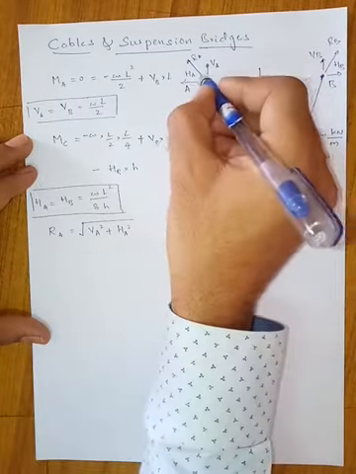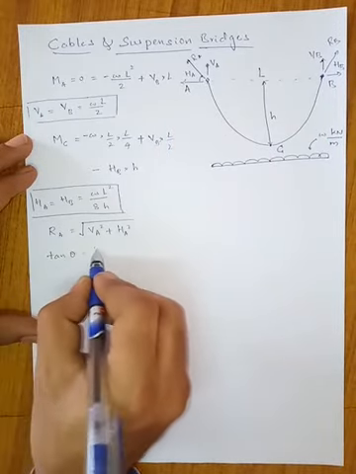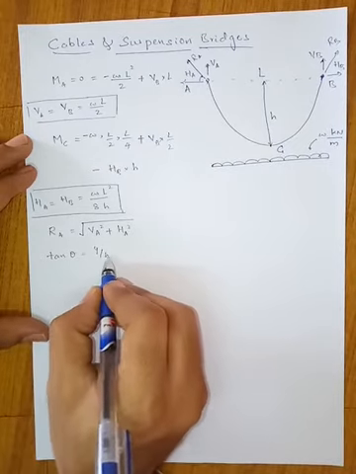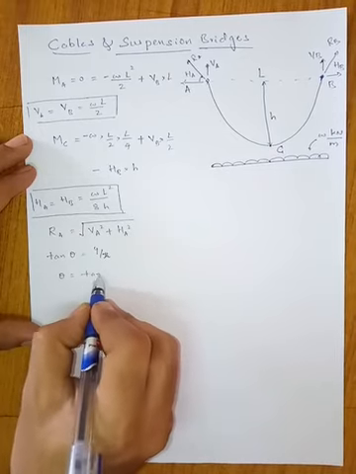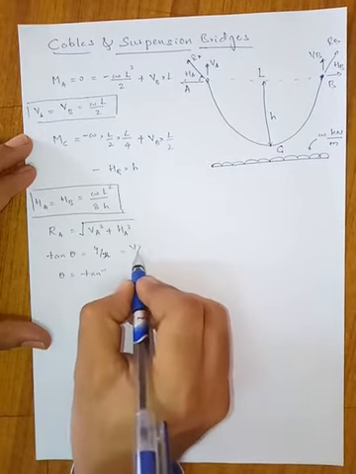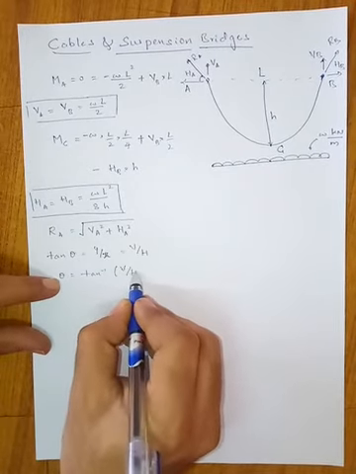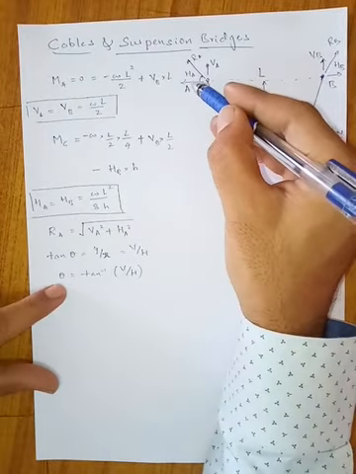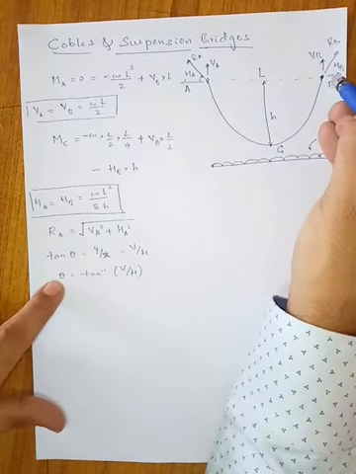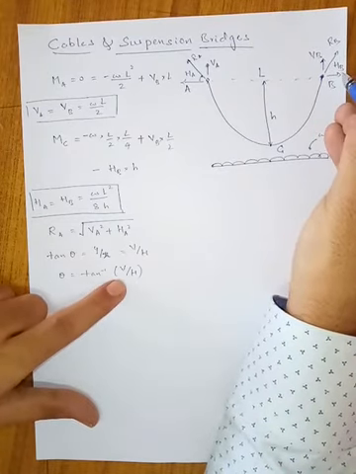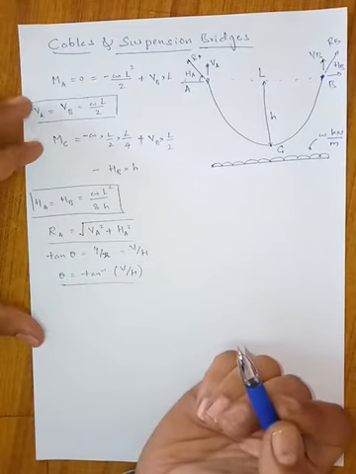Now coming to the angle, what is the angle subtended here? It is given by tan theta is equal to y by x, which is nothing but V by H. So theta is equal to tan inverse of V upon H. If you want theta at A, this is tan inverse of VA upon HA. If you want theta at B, it is tan inverse of VB upon HB. Now we have found out theta as well as RA. What is the next component?